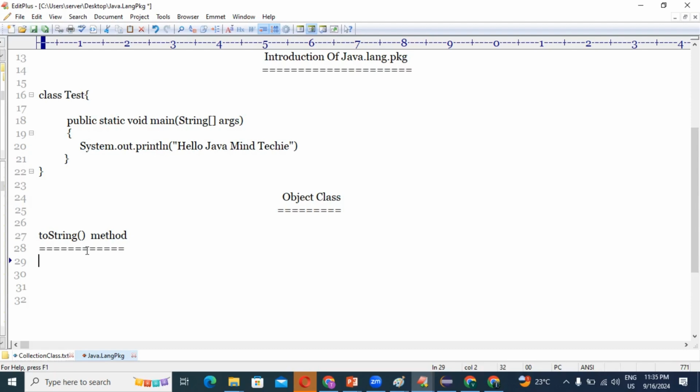What is the JVM doing internally? It converts this object to a string representation using the toString method. Also, guys, first I will write one line here. So when is the toString method required? It is used to get